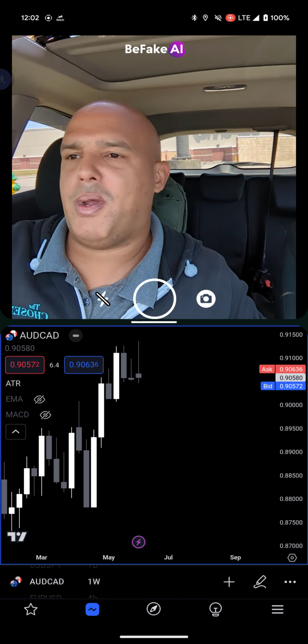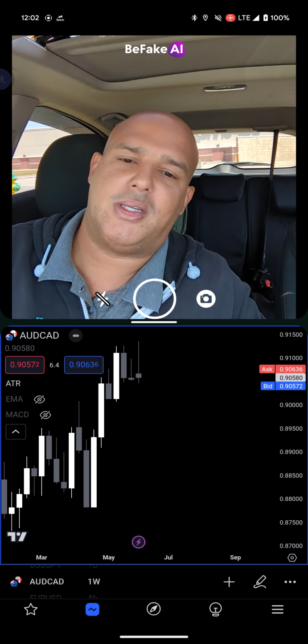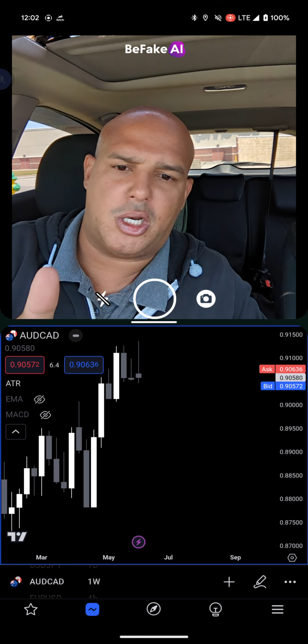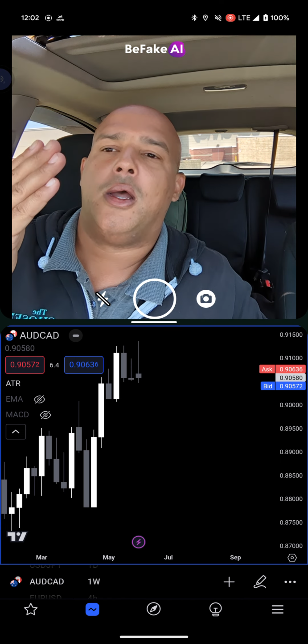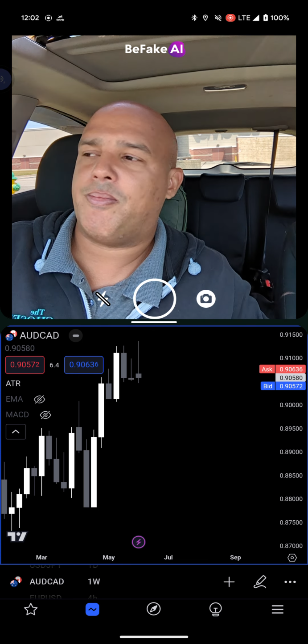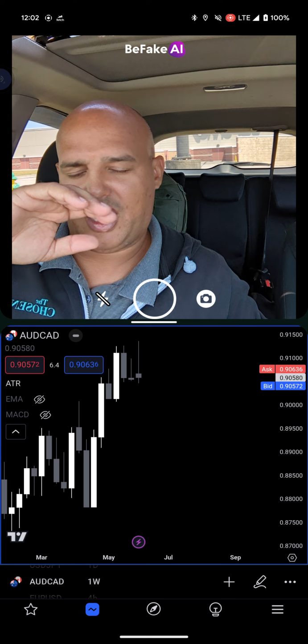The previous week closed bearish, I expect the next week to close bearish. Why? Because if you look at the chart, this happens time to time. If you close bullish, the next week generally closes bullish. If you close bearish, the next week generally closes bearish. There is a little more nuance in that. I've done the backtesting, and this was part of the conversation that I had earlier that I completely lost.